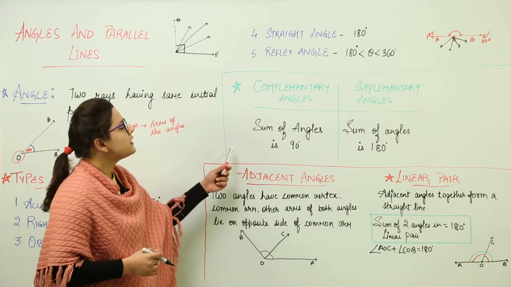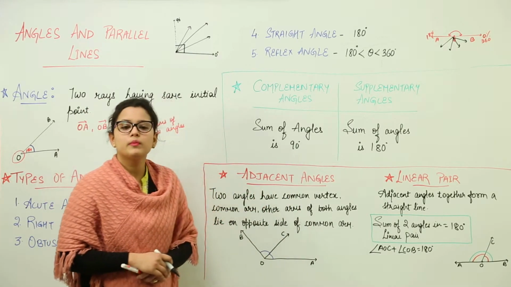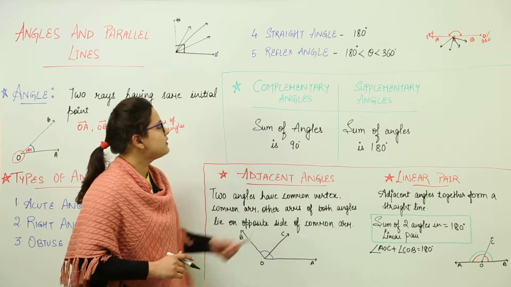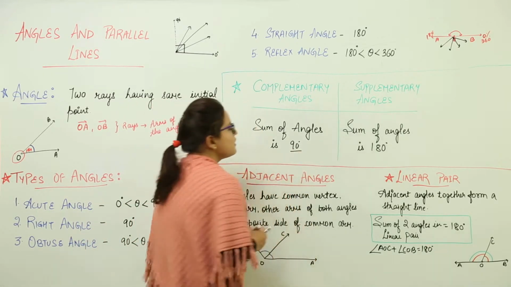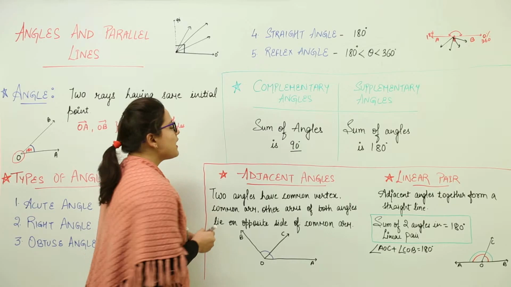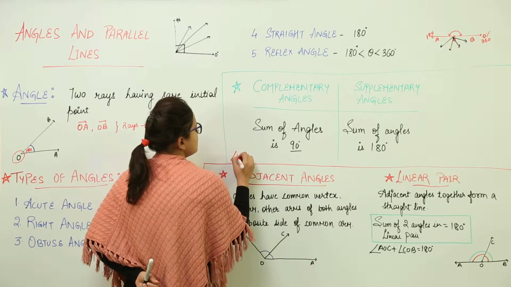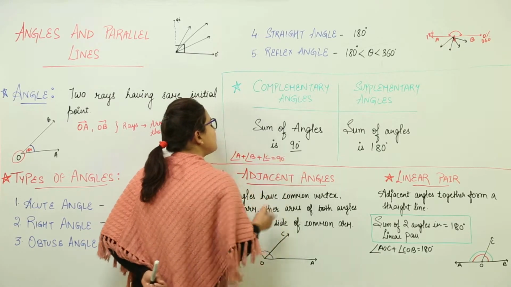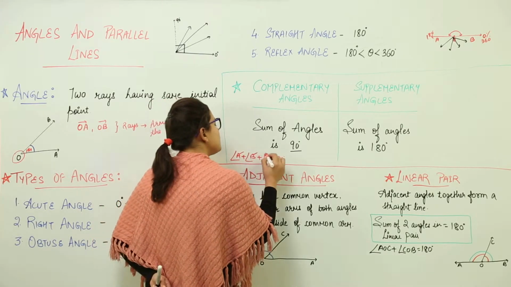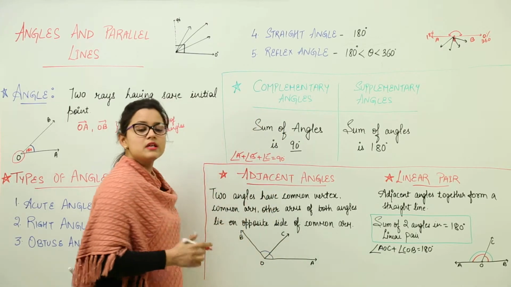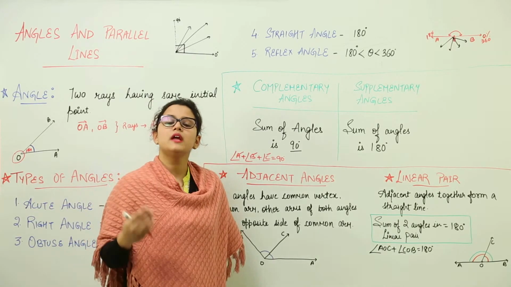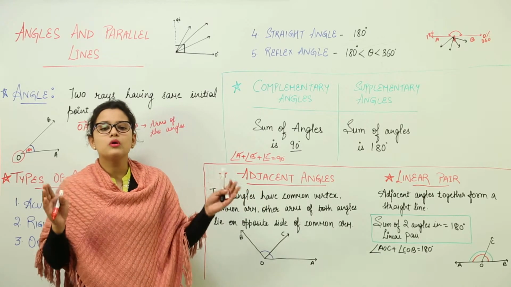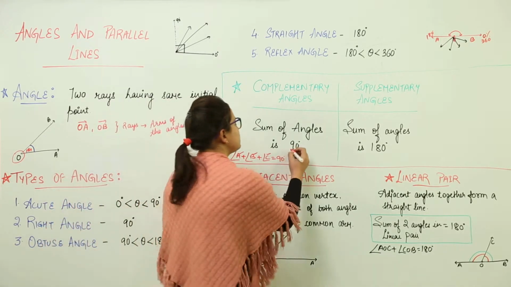Now we have the complementary angles and supplementary angles. What are complementary angles? The angles which have a sum equal to 90 degrees are known as complementary angles. What will be the example for these? You can have n number of examples. For example, there are three angles, A plus B plus C, having the sum of 90 degrees. So A, B and C are known as complementary angles. You can have 6 complementary angles, 8 complementary angles, any number of complementary angles, but they all should add up to give you 90 degrees, right?